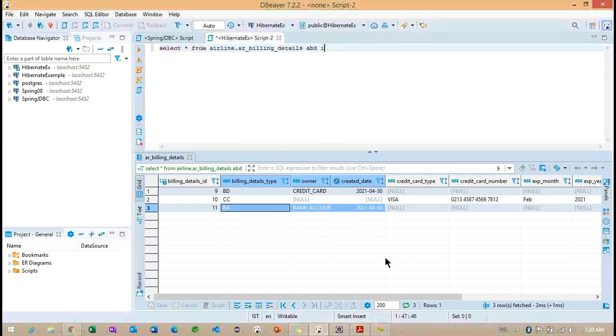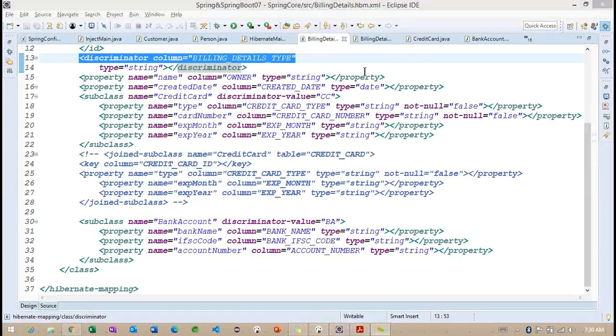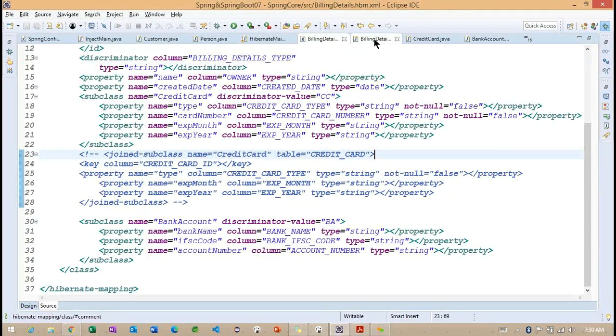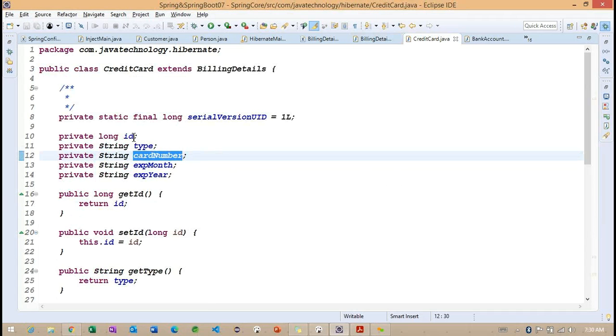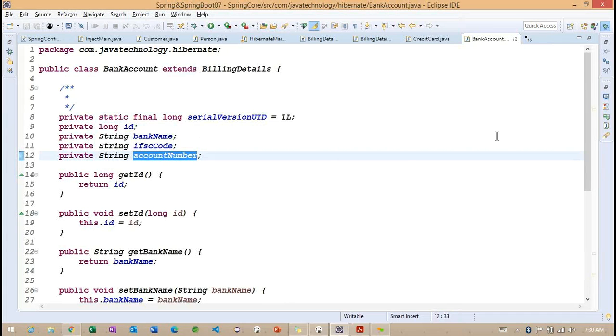So now we need to understand how we are going to work here. To understand, first we need to check whether we commented any of the ID properties or not. The billing details we are having an ID, and in the same way this credit card ID and bank details. Okay.